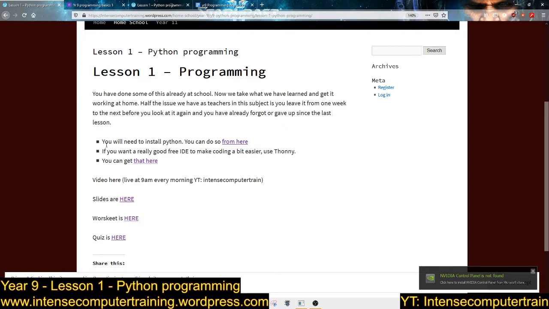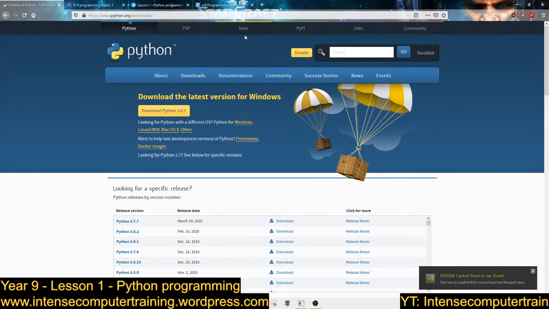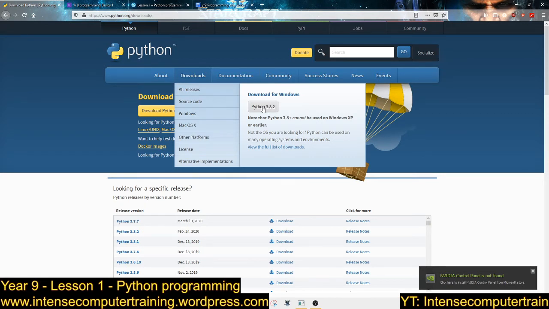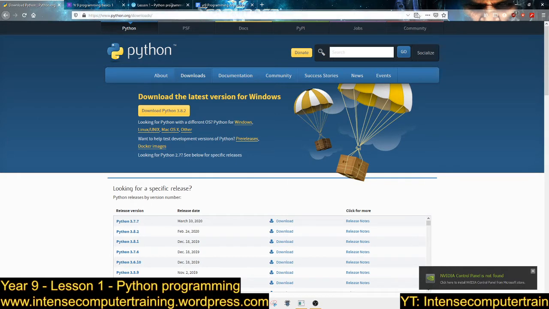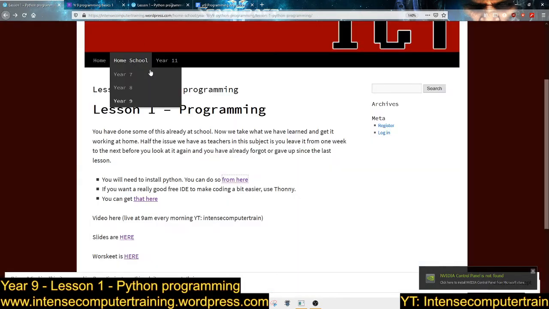Anyway, you will need to install Python. Right, for this you're going to need to install Python. You can do so from here. If you click here, you get this website. You can go to downloads and click directly on that and just keep clicking next when the installer comes in. It might install into your downloads folder at the top of your browser, but that'll get you going. It's a basic computing requirement that you can install something. I'm sure if Fortnite was the game for a lot of you, you'd have no issues in doing that.